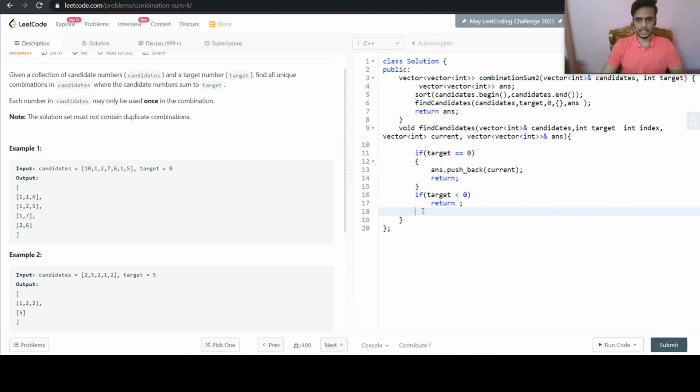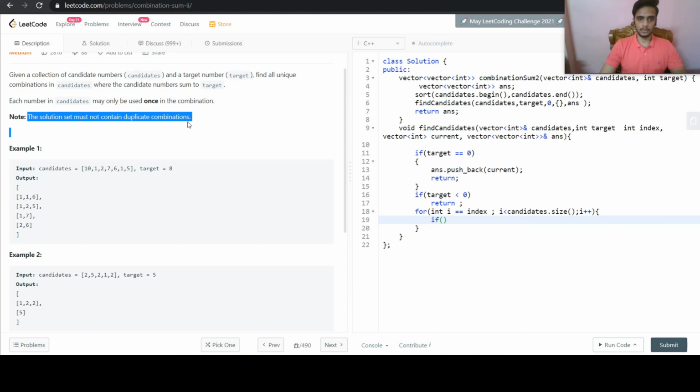And the next part is where we will give a choice whether we want to consume a value or not. And for that, we'll just traverse through all the list of candidates. So int i equals index, and i less than candidates dot size. So for all the candidates, we'll traverse them, and if it is the initial value, we'll give a condition here to avoid the solution having duplicate combinations.